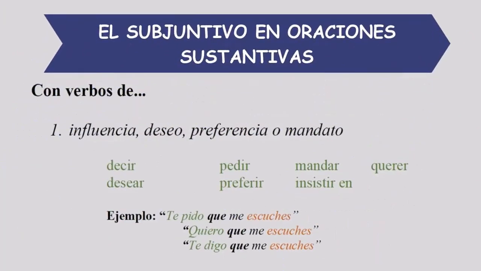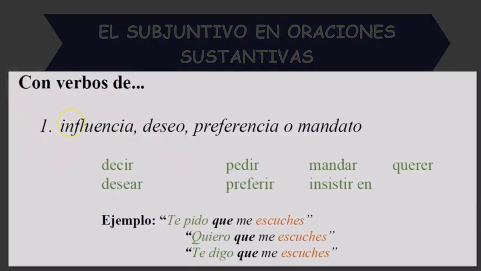One of the easier things we can do is to look at the verb that introduces the sentence. And if we look at the verb in front of your que, so if you look right here in front of the que, there are three types of verbs really that will trigger the subjunctive, and a fourth type that will be different. But the main three groups that I'm showing you here always trigger the subjunctive. So once we learn how to identify them, it's actually fairly easy. Let's look at number one.